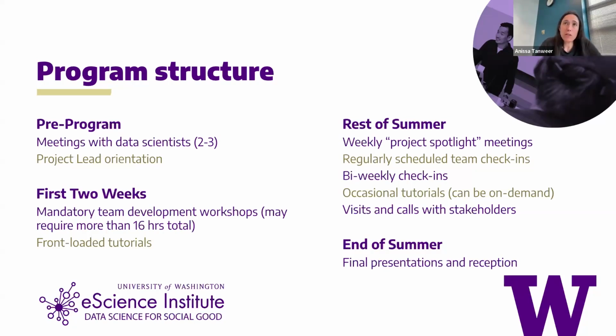As Mark mentioned, our general rule of thumb is that the project lead commitment is about 16 hours a week on average throughout the summer. In the first week, it might be a little bit more. There are a number of activities that we really need everybody in the program to participate in, again because we're building a cohort and getting the teams to meet and gel. And that first week is really crucial.